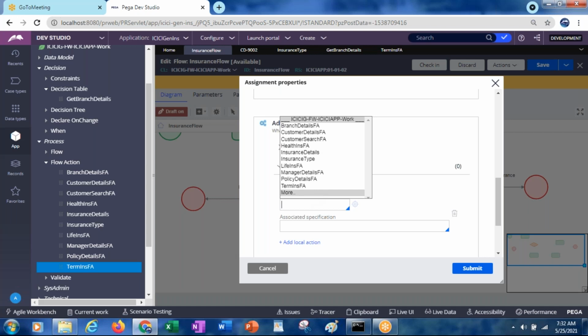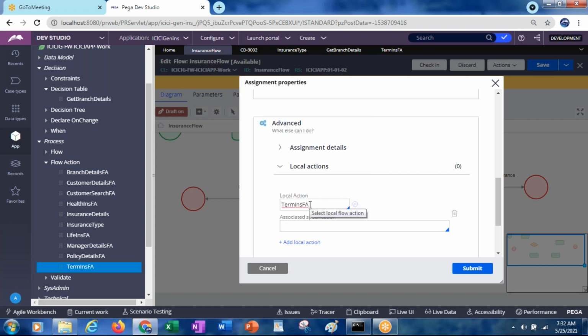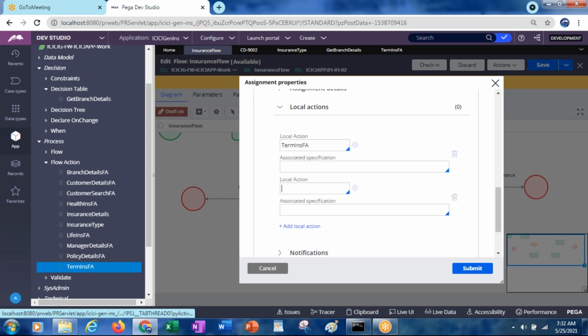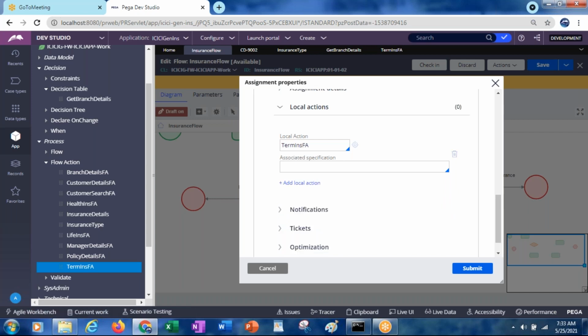Otherwise, it should display only local actions, but even though I have selected connector action, it is still showing. Likewise, you can add as many local actions as you want: add local action, add local action. If you don't want anything, delete it. Otherwise, if you want anything, add a local action.